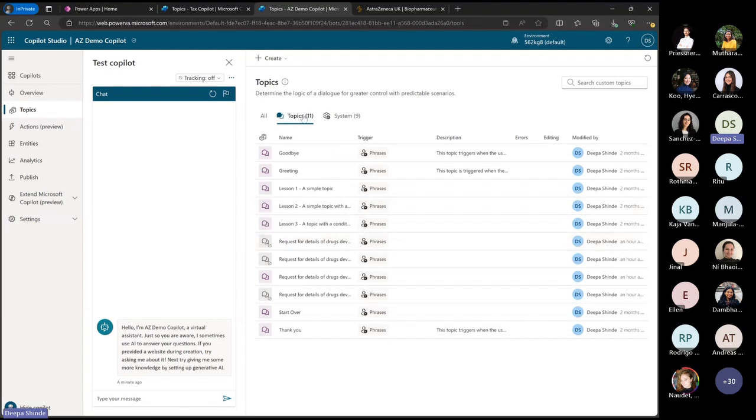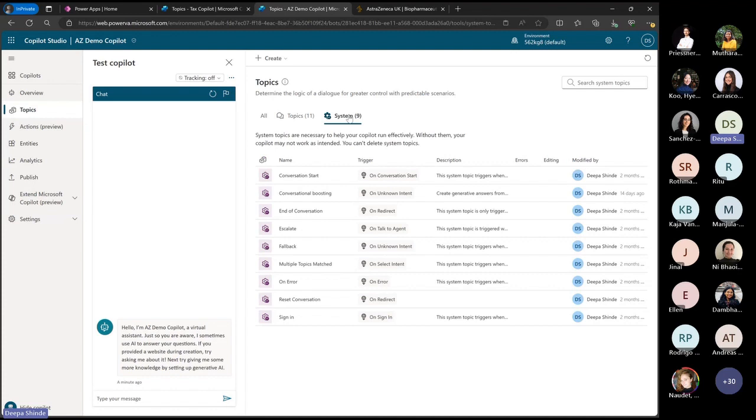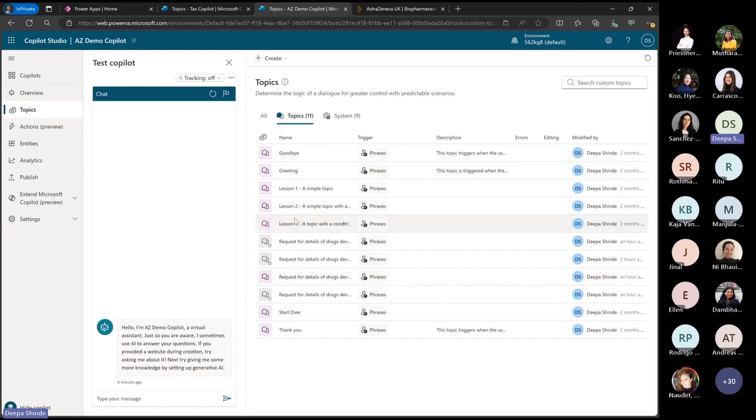One, which are user generated, that is the one that you would create, and these would get added here. And then there are system topics, and generally stay away from system topics or changing them, at least for the weekend. Don't modify them basically, but you can create more topics in here.